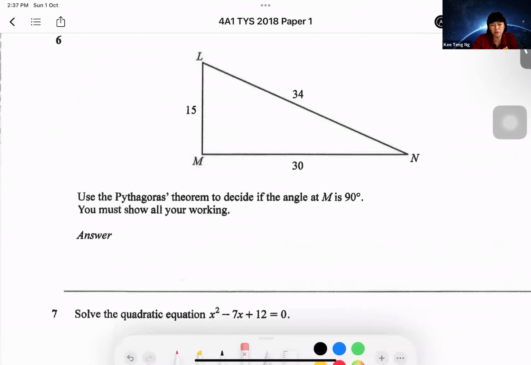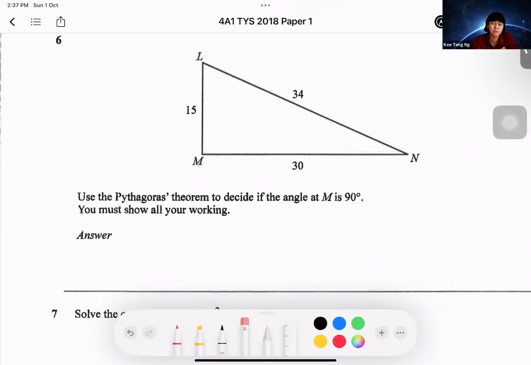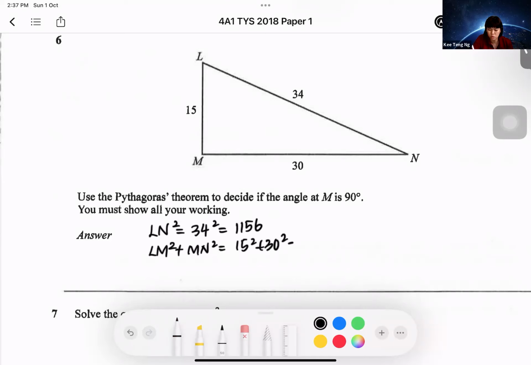This one is the converse of Pythagoras theorem. Use the Pythagoras theorem to decide if the angle at N is 90 degrees. So in this kind of question, try and remember, don't use any square root. Don't start off with Pythagoras theorem. So we start off with the longer side, LM square equals 34 square. That will give you 1156. Then we have the other two sides, LN square plus NM square, 15 square plus 30 square. That will give you